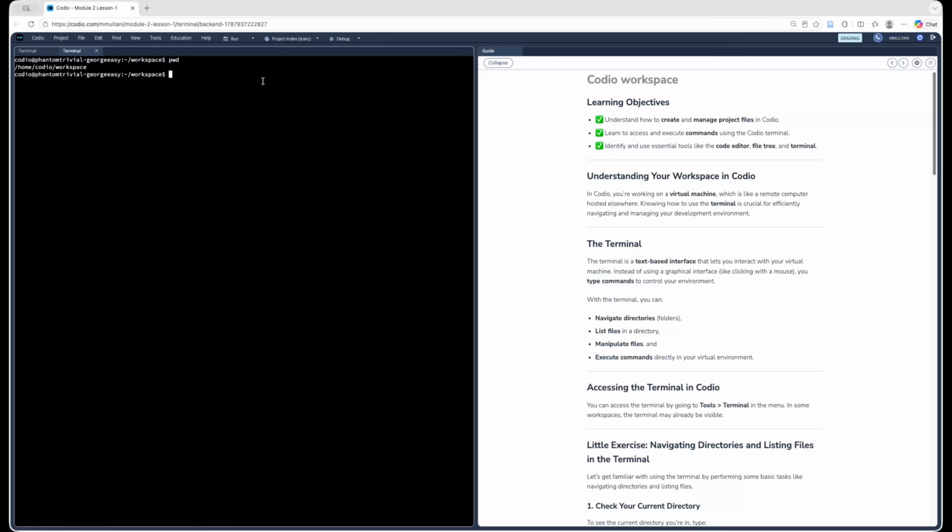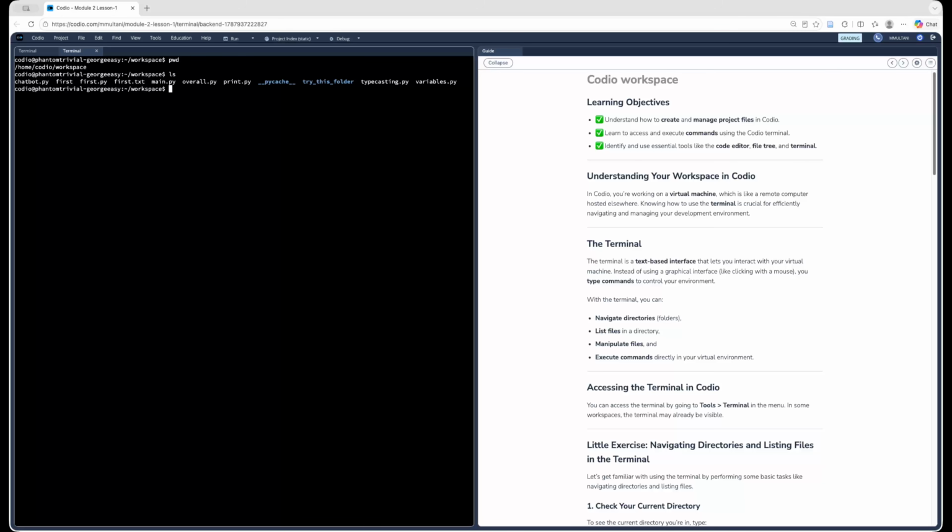Next, we can use the command ls, which stands for list, because it lists all the files and folders in the current directory. So in this demonstration, the workspace contains files such as chatbot.py, first.py, first.txt, main.py, overall.py, and so on. It even has a folder called